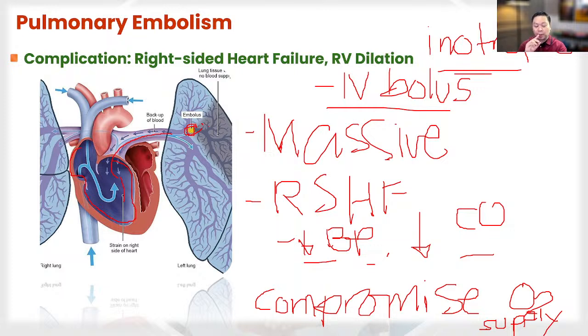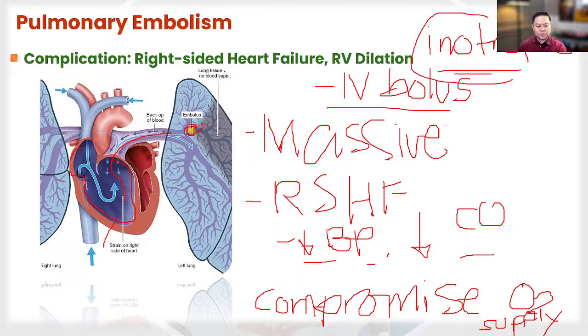So that's why we're not going to expect IV bolus at this point, even though their blood pressure is lowering down. Make sure that we have screened the patient and looked into the results, because the chest x-ray that can be done rapidly during this sudden change will be available pretty soon. If there is a rapid change in the size of the heart, our patient just developed right side heart failure. So again, don't expect administration of boluses here because of the enlargement of the right side of the heart. What we're going to expect is inotropic agents.